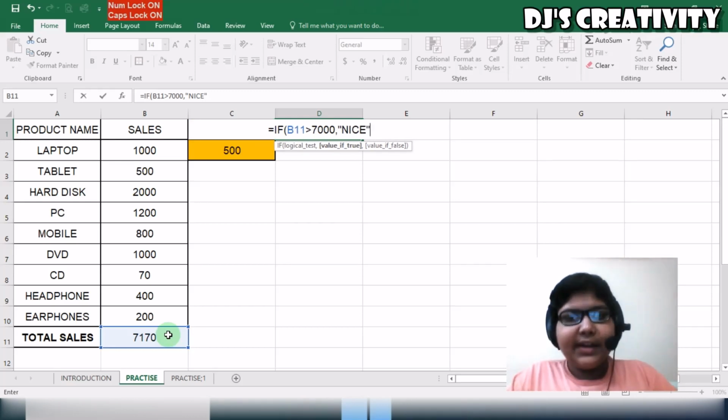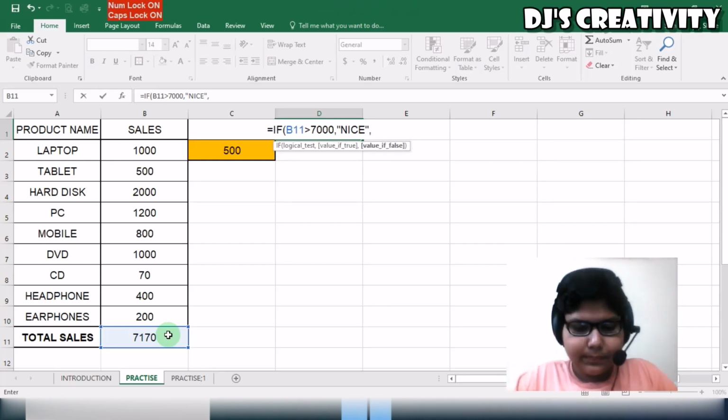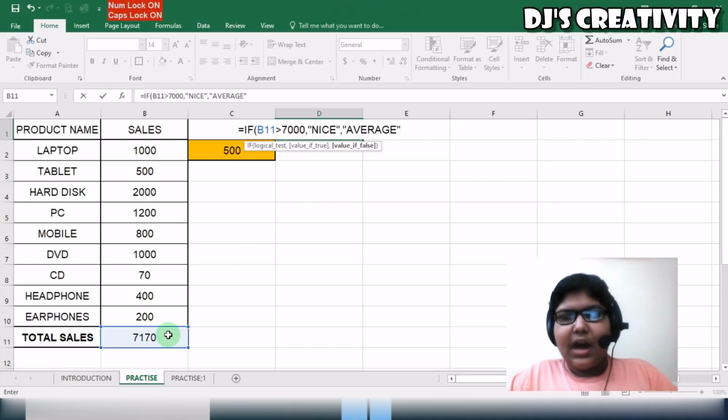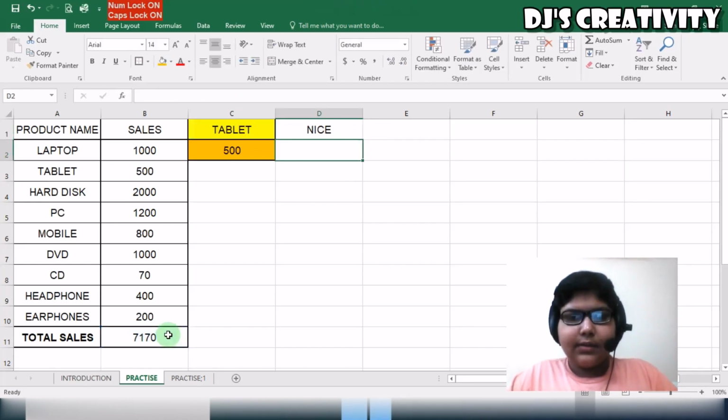Comma, we need to enter the value to be seen if the criteria isn't met. I will be putting it as average. After that, press enter and you will see the specific value according to the criteria.